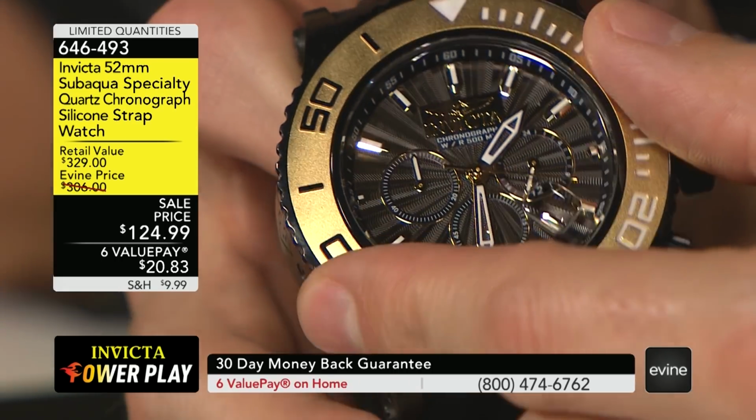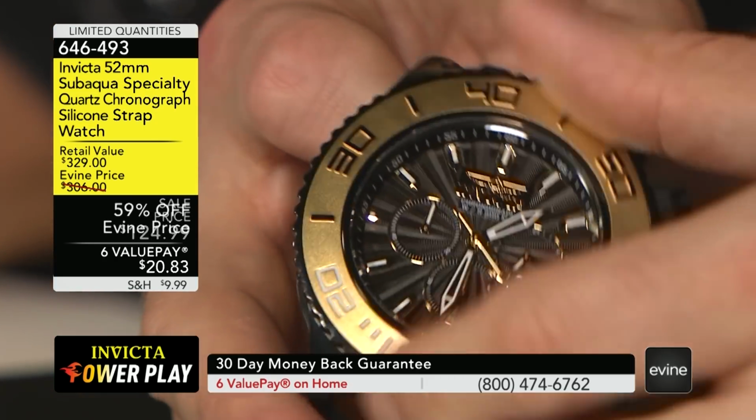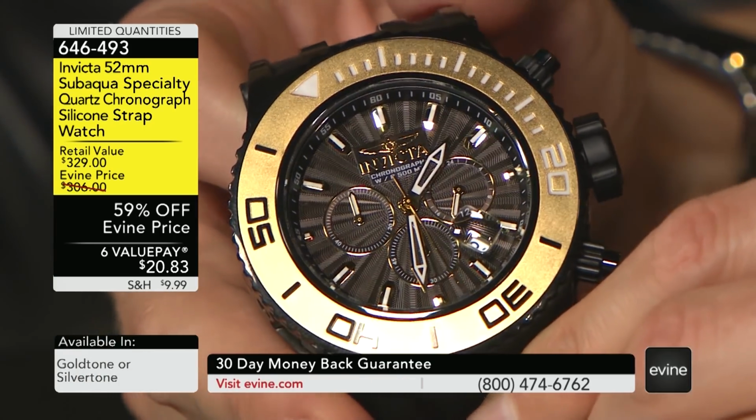This is what a lot of people love to see, though, on their watches. Fully functional, unidirectional rotating bezels, and only seen on the diver variation of the SubAqua specialty. Then we get into the dial, and I guess that's where I started, and then I kind of went off